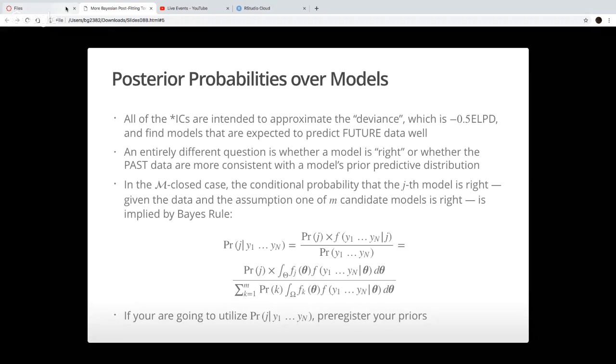And so this idea of posterior probabilities on models, in addition to posterior probabilities on parameters within models, is the fracture that Jeffries created,